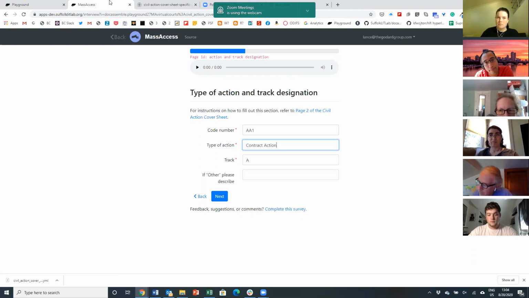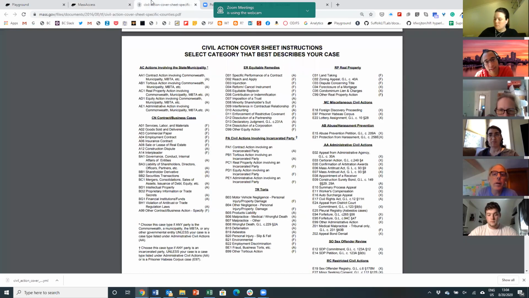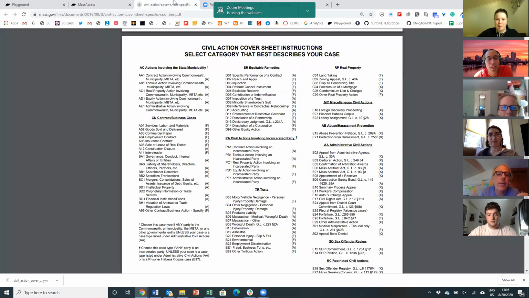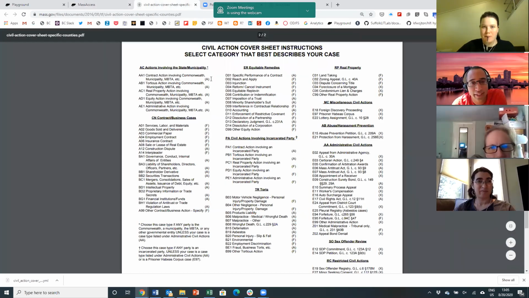each item would be grouped as one dictionary, where, if we go back to the sheet, well, this would work too. So it's like item 1 dot code number, item 1 dot description. I forget what the names were now. Yeah. Well, we just tried summary, code number, type of action, track. Track, right. That was it. Yeah, that's that little letter in